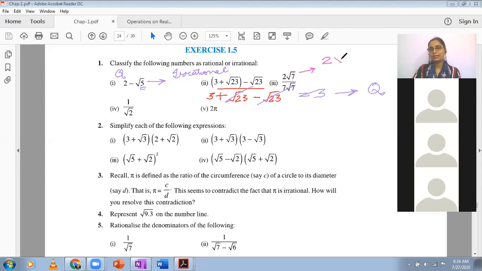So we can write this as 2 multiplied with root 7, the numerator. The denominator can be written as 7 multiplied with root 7. So what will happen here? We again have the same value appearing in the numerator and the same value appearing in the denominator. The same factor is present in the numerator and in the denominator.